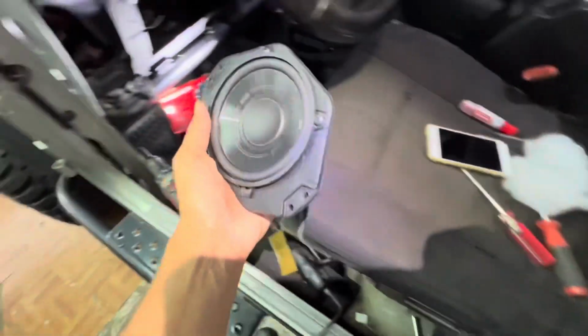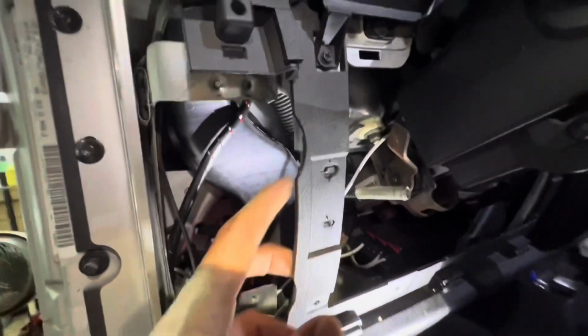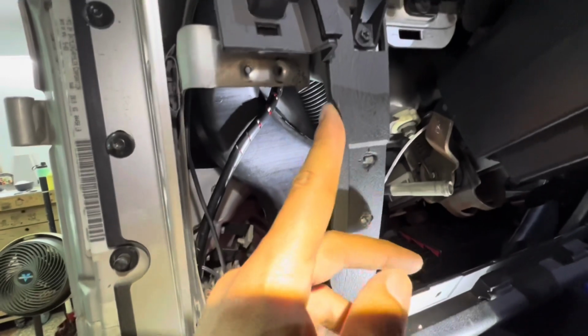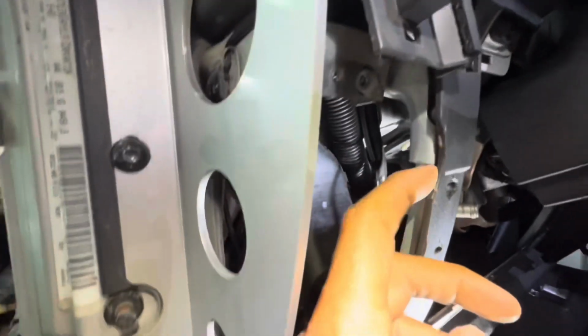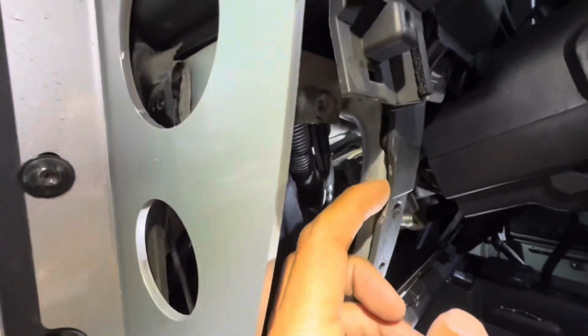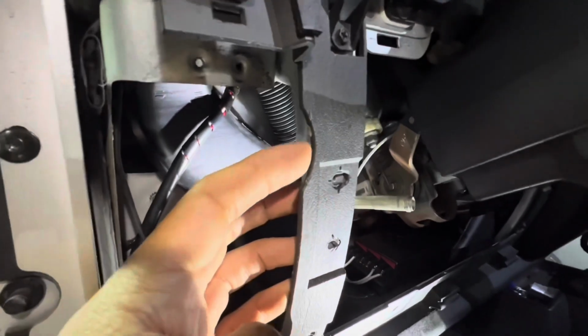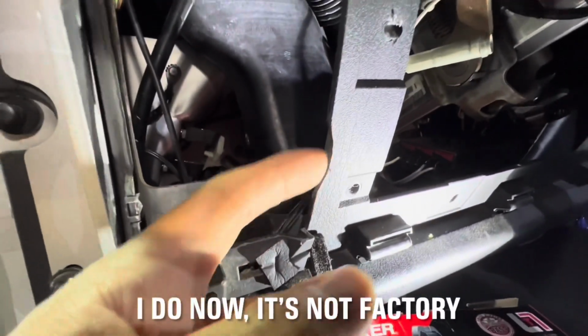But these are impossible to get in unless you do a little trimming. What I had to do, I noticed up top here that there's a little indentation that looks like it's from the factory. I'm assuming that was to make way for the factory style speaker. And I'm actually assuming that that notch is factory. I don't know for sure, but basically what I just did was copy another one down at the bottom,